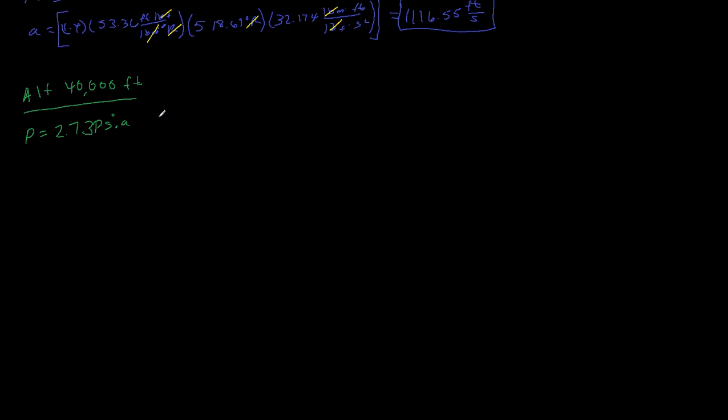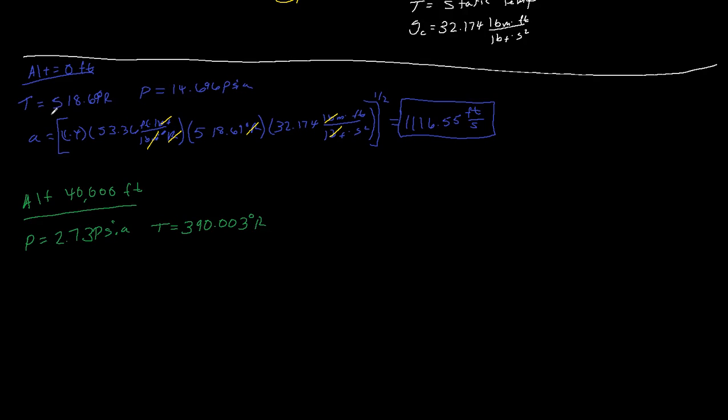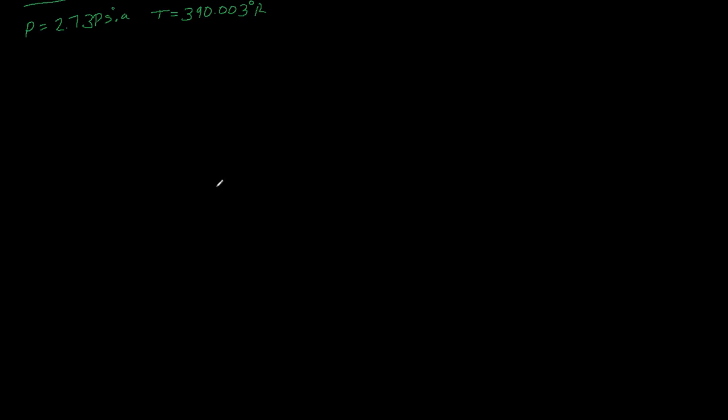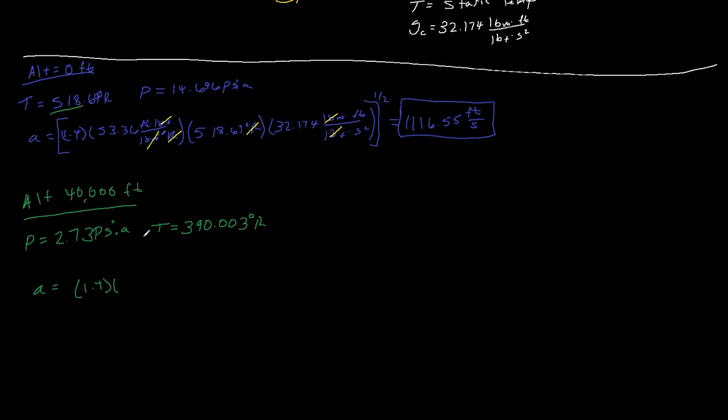Our temperature, our static temperature, is going to be, let's see, where is it? 390.003 degrees Rankine. So as compared to our 518, this is much smaller also. And so we went up in altitude, it got colder. So with these new properties, we don't need pressure, just comparison. Anyway, we can calculate the speed of sound at this altitude also. So our gamma is going to be the same, and then our R, which is also going to be the same, is going to be